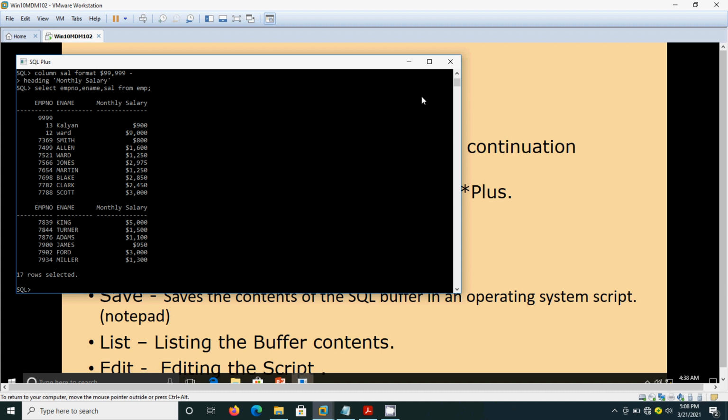But if you mention the same hyphen in the SQL query, it will show an error. I will show it.